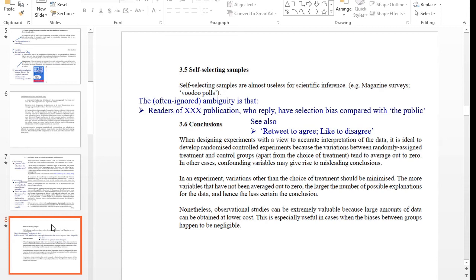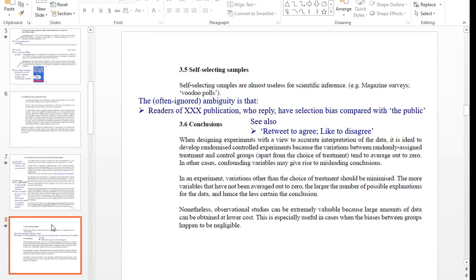Twitter surveys of the type "retweet to agree, like to disagree." I don't think they're as common as they used to be, but they clearly have a designed sampling bias: retweeting is going to circulate to like-minded populations of people, or subpopulations within the general population, and it will do that more than the "like to disagree" will circulate to people who are inclined to disagree. So clearly, your retweet to agree, like to disagree surveys don't even recruit an audience which is representative of